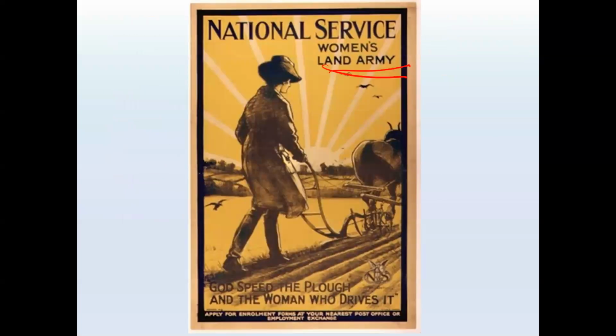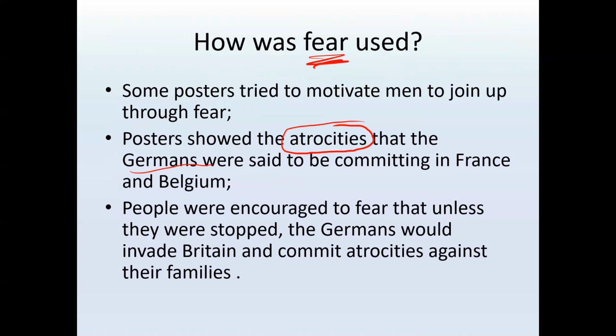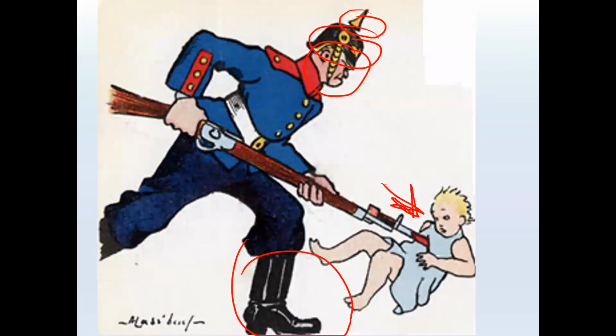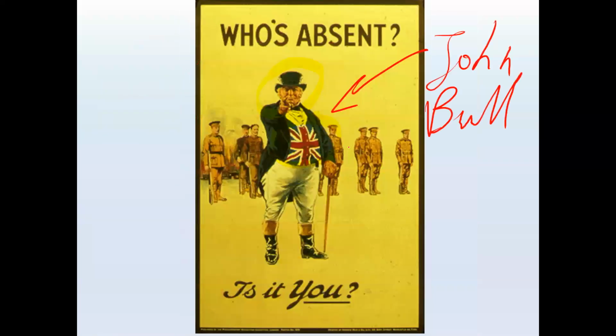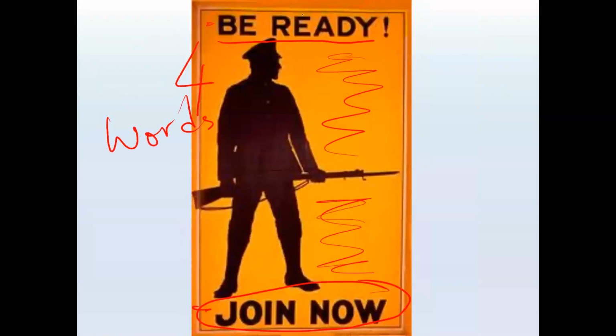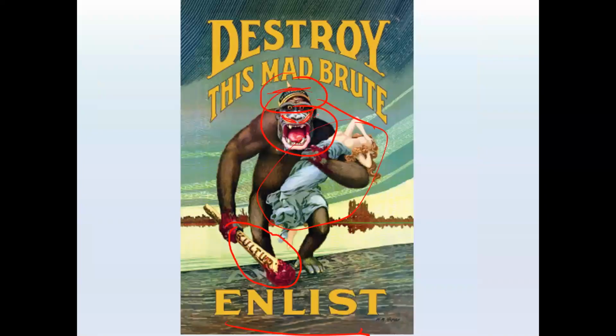Let's see if we can find a good example. Look at that, that's very high contrast. Blue on white. I think this one is also a good example of high contrast, black on a yellow background. If you saw this at the side of the road, you couldn't miss it.